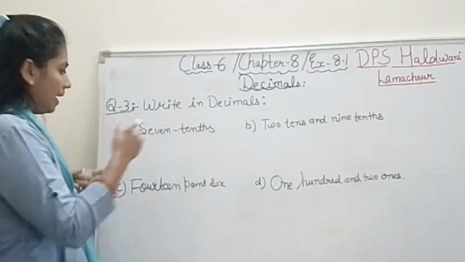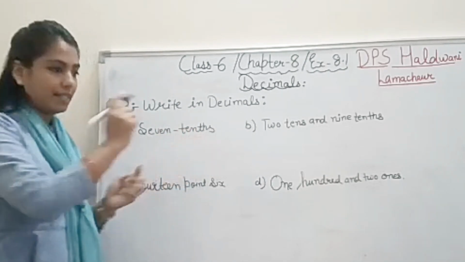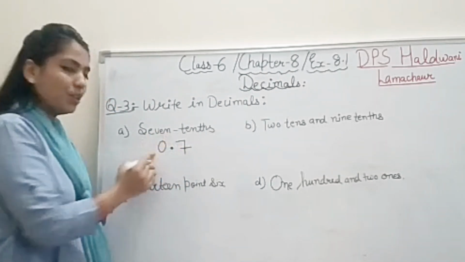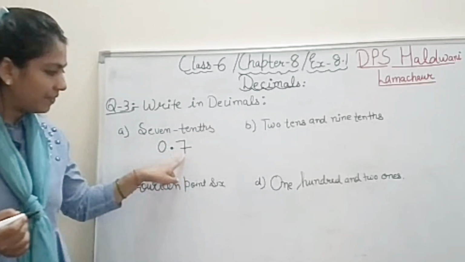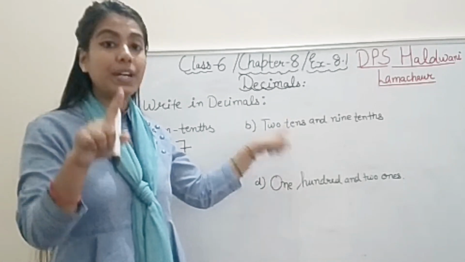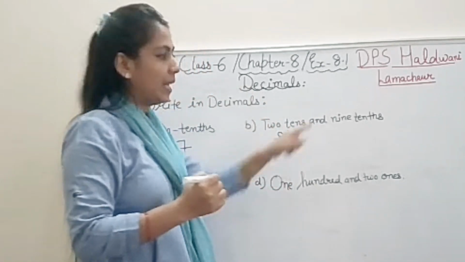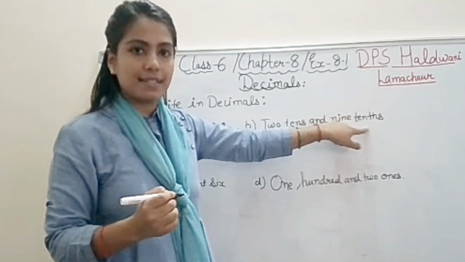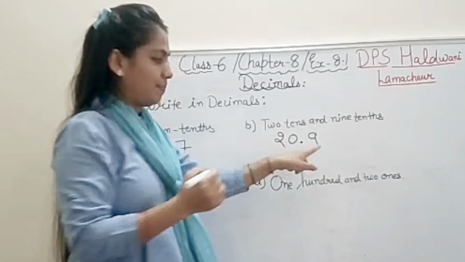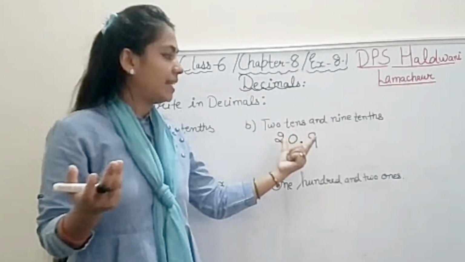Very simple. See, A part, 7 tenths means 7 is in the tenths place. It means it is after the decimal. It means here you can write 0 or not, your choice. The answer is 0.7. See, 7 is in the tenths place, right? 2 tenths, students, ones, tenths. It means in ones there is nothing. In tenths there is 2. And 9 tenths, T-H-S means decimal part. So 0.9, tenths place. Got it, students? Very simple. You know the place value table, easily you can write down the terms.